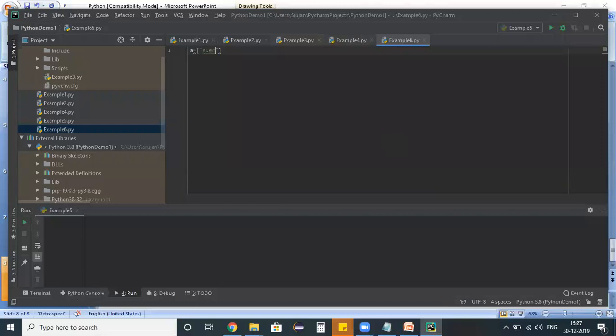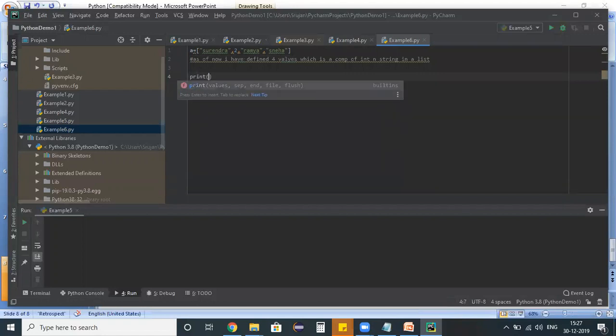So I'm defining Surendra as the first value, the second value is an integer, the third value is Ramya, and the fourth value is Sneha. As of now, I have defined four values, a combination of integer and string, in a list.